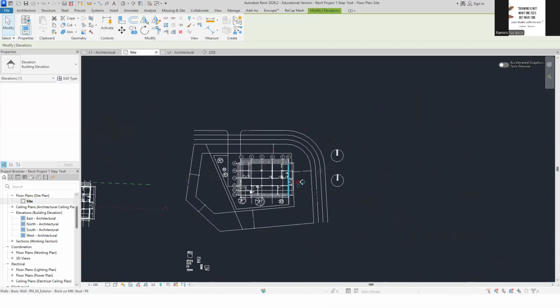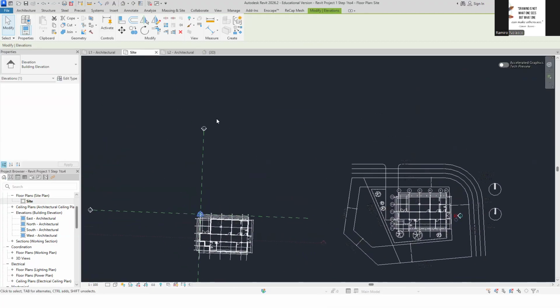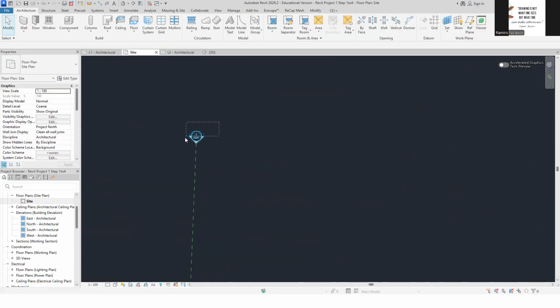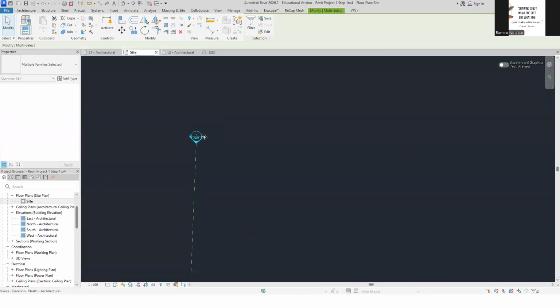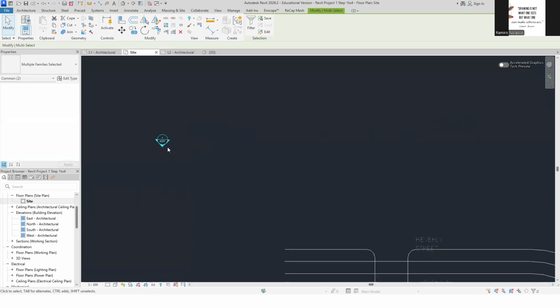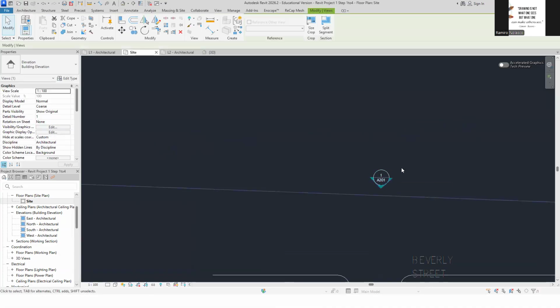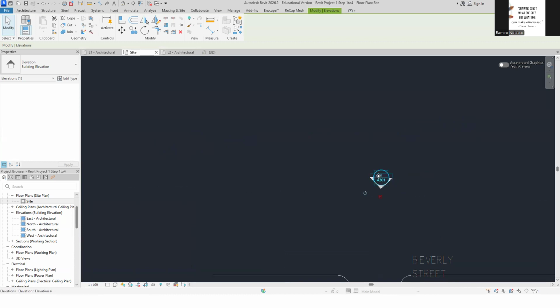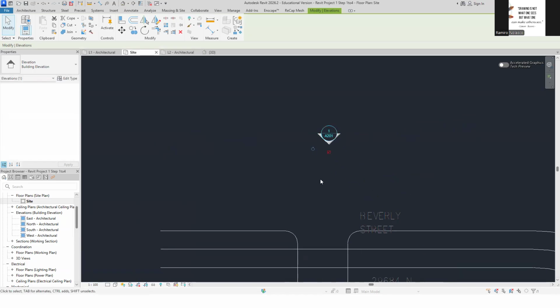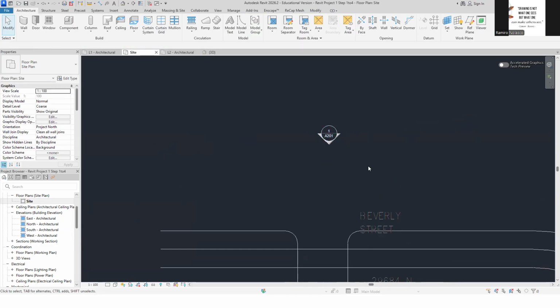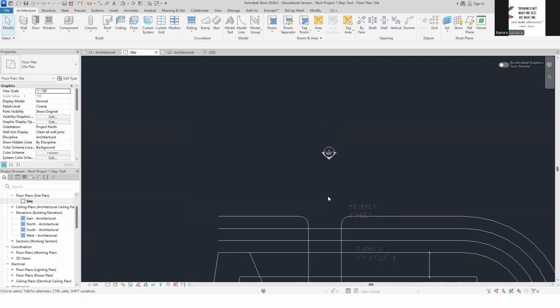Okay. So zoom in. Again, I'm going to move this. Notice that it's a little bit slanted. So I'm going to select this, move it somewhere here. Okay. And then just click and select the circle, and then click and rotate this a little bit so it snaps to the 90-degree or 0-degree angle. Otherwise, your building will be at a slant because it should look perpendicular to the building.